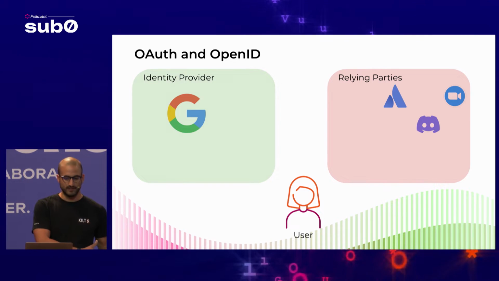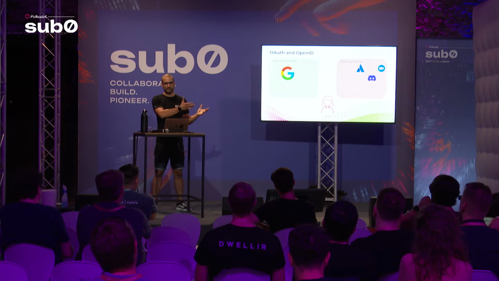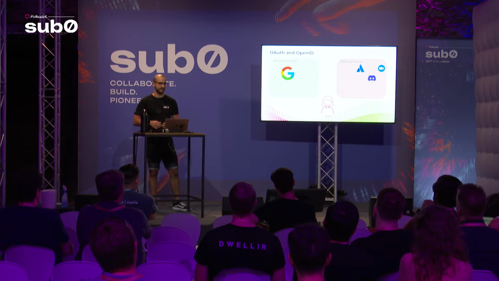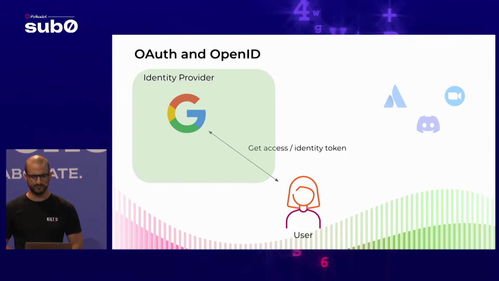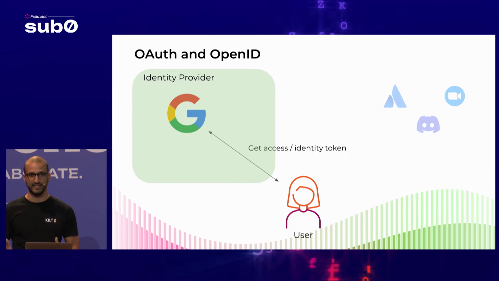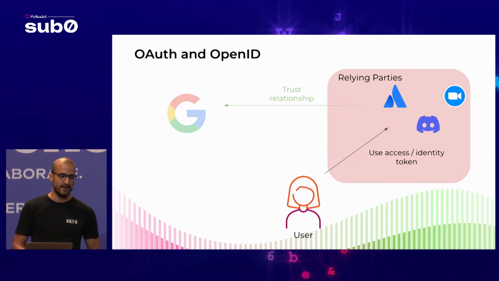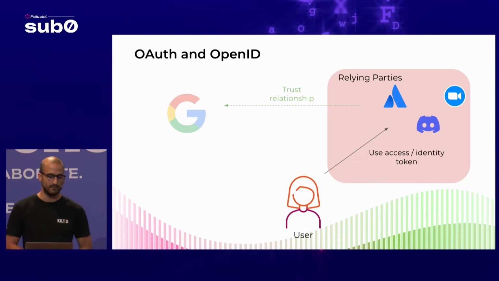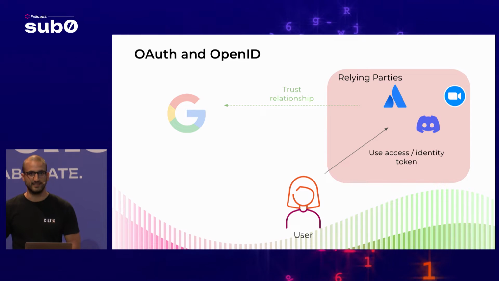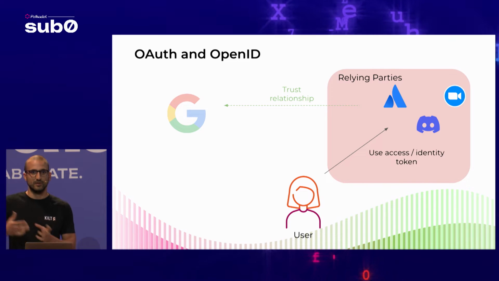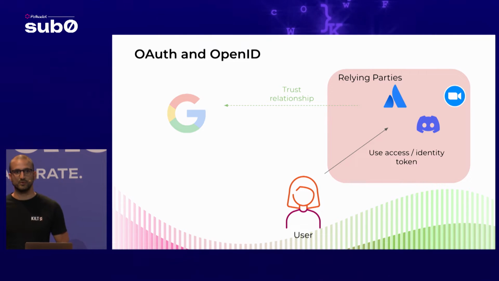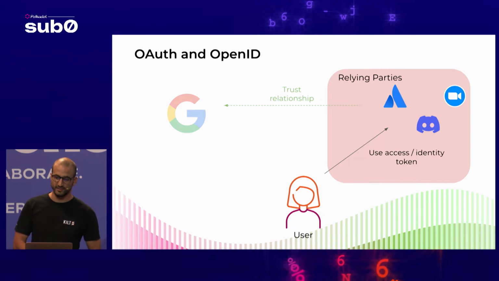The OpenID protocol is composed of 3 different parties. We have the end user at the bottom, we have the identity provider, for instance, Google, and we have relying parties, for instance, Discord or the Zoom app. The way it works is very simple. As a user, you go to the identity provider, you do the authentication exchange, and you get an identity token back, which is, of course, digitally signed by the identity provider. Then you go to the third parties, for instance, the Zoom app, and you show the identity token, which has been signed by Google. The Zoom app knows what the certificate of Google is, and they can verify the digital signature.